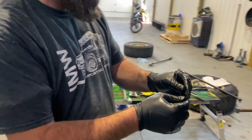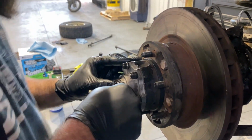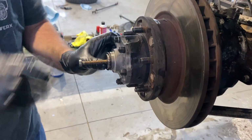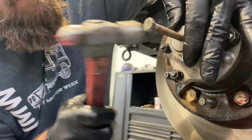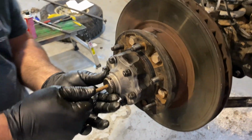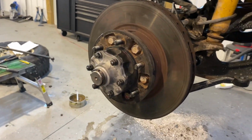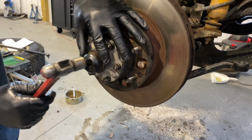So this is probably going to be a bit of a pain in the butt for you. See if I can do this one person. Tap that on with a hammer. That would be called cheating, and if cheating works, do it. Okay, so we got that on there now. We don't need this bolt in here anymore. And the last part here is dust cover. Set that on there. And gingerly